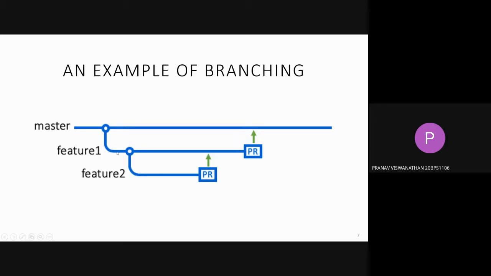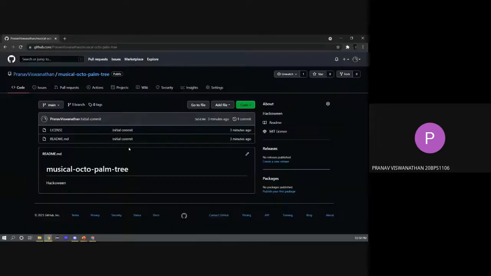Any changes that you make will not affect the main working branch. When you're satisfied with your code and you're sure that it's actually working, you can choose to make a pull request to merge it back with the main or master branch. At the moment, this might seem a little confusing, but we're going to have a look at it. It's actually really simple to work with.